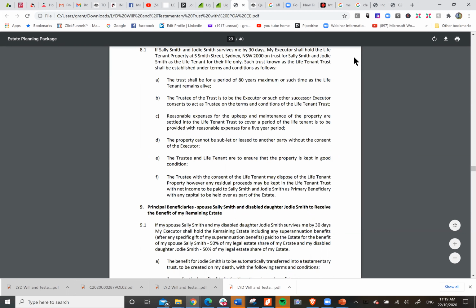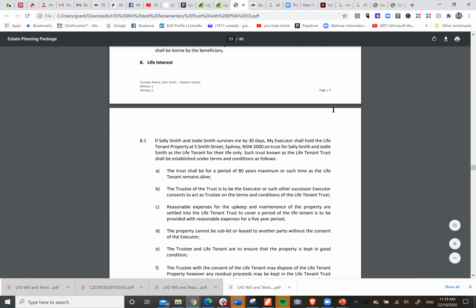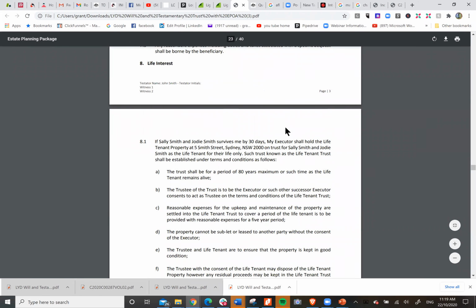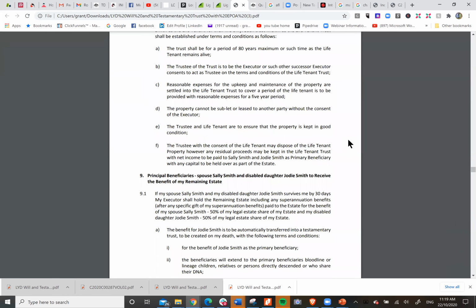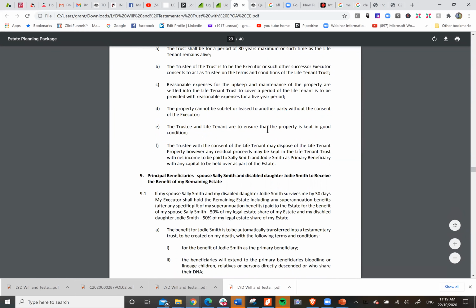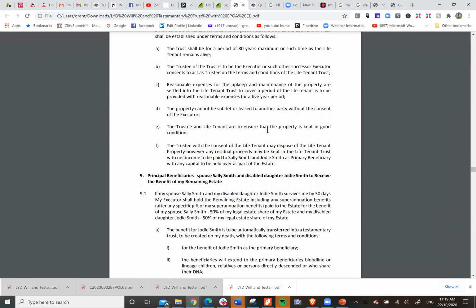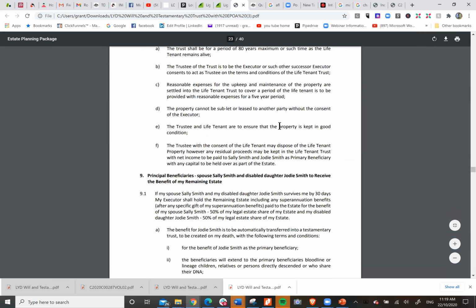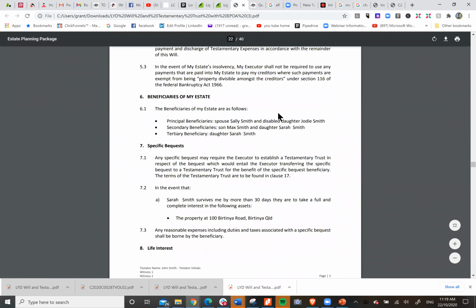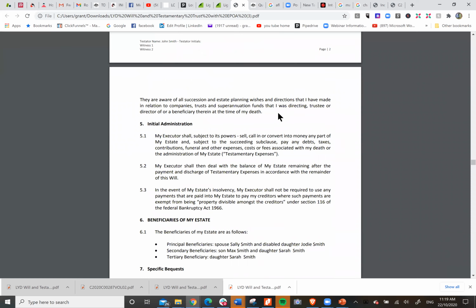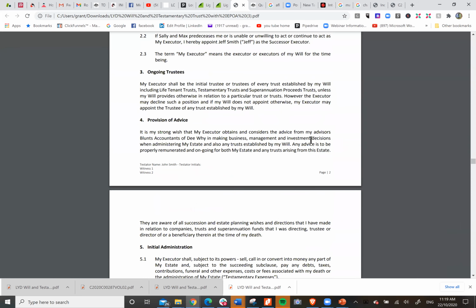Again, there's two things there that we need to look at. This would be a separate trust that would then be created by the executor on the death of John Smith. So rather than putting all that life tenancy trust embedded into the document, which would be irrelevant because there's no trust until we get settlement proceeds, we do that on the death of the member, and it's done by the executor of the estate, who is being advised by you as the provisional advisor.